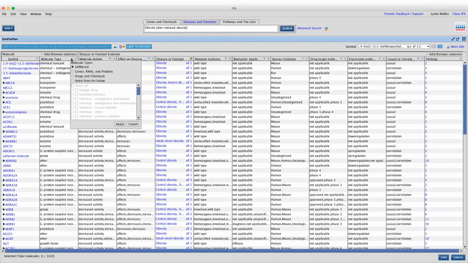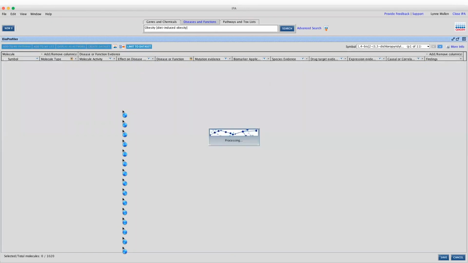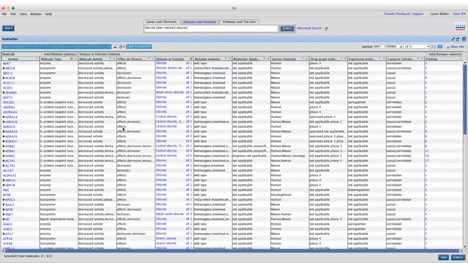And because one of my questions was which drugs could be used as targets for obesity, instead of just picking any gene, I'm going to select particular genes that people tend to use when they're trying to look for drug targets, like enzymes, different receptors, ion channels. I could pick a bunch of them, but I'm just going to stick with these transmembrane receptors, transporters. I think that's good. And then hit apply. So now it's processing, and now we're down to 413, as you can see in the